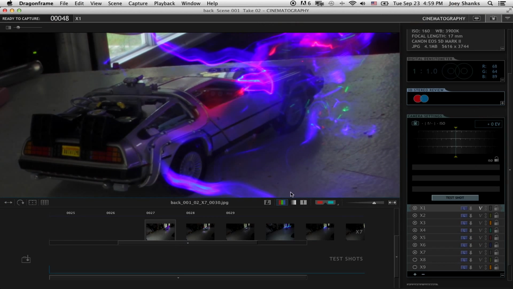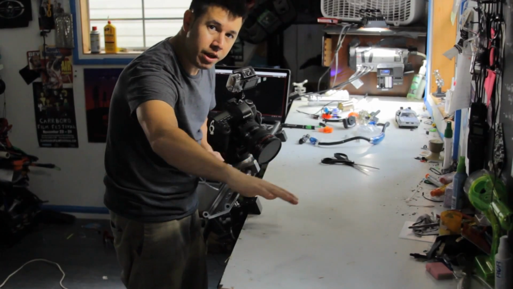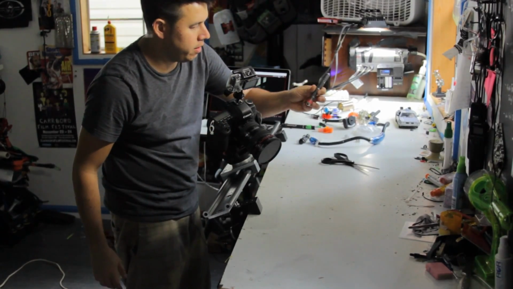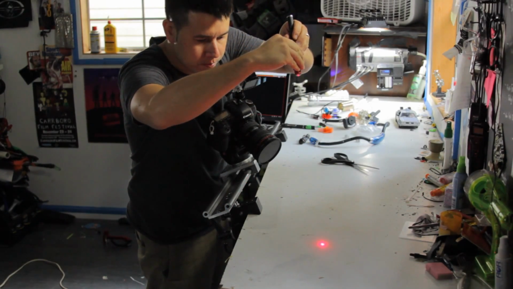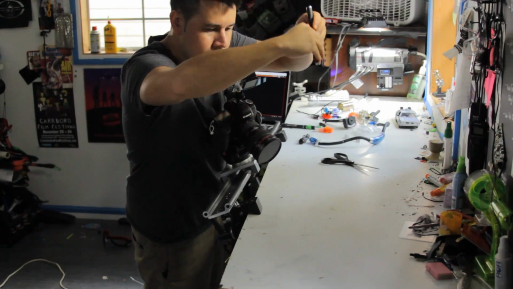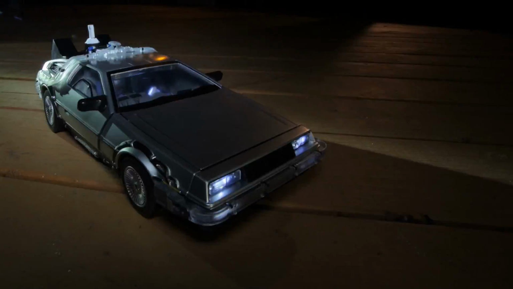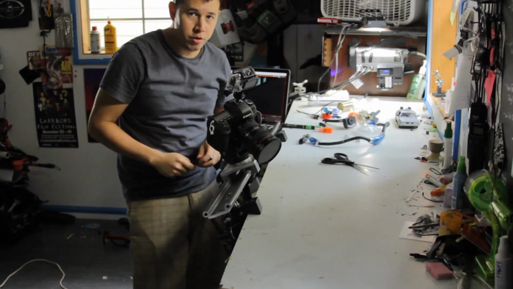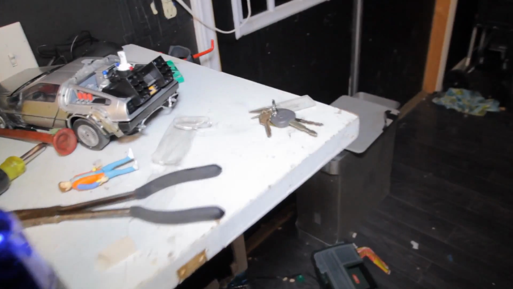Okay, so I'm finally at the last take here, and I'm only doing 2 shots, the establishing plate and our red laser streaks. Take it. My streaks there. I'm going to do a few more of these, and then we're going to import them and composite them in After Effects and see what we get.